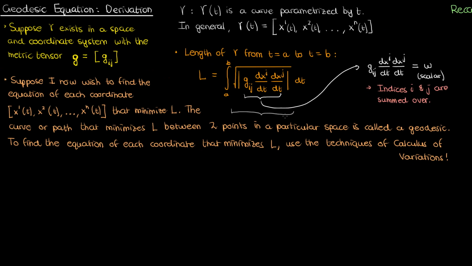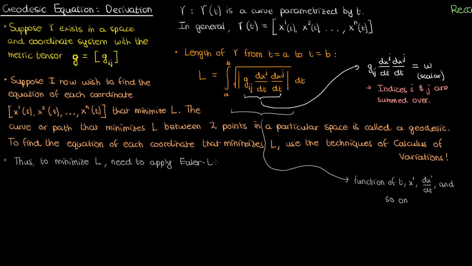Now this generic length integral with the metric tensor and everything, this term being integrated in the generic length integral, is also a function of t and multiple dependent variables, our parametrized coordinates x super 1 and so on, and the derivatives of these parametrized coordinates with respect to t. So if I want to minimize this length integral, I need to apply the Euler-Lagrange equation to each of these